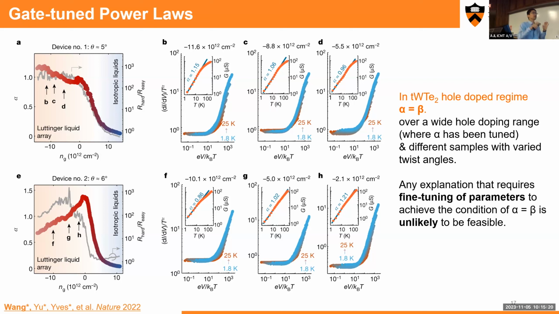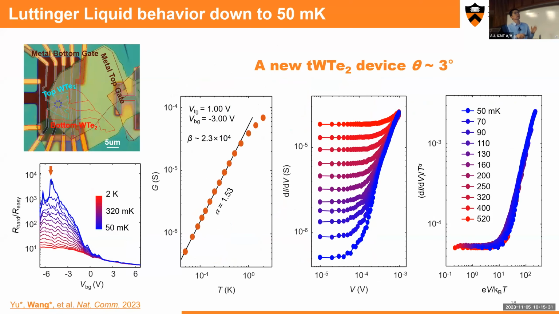But what it shows is that for 5 degrees, the power law behavior shows at a higher temperature, around 30 Kelvin, while for 3 degrees, the power law behavior starts at around 500 millikelvin. So it's around two orders lower. There should be a phase diagram if you plot along the twist angle as well as the temperature, but we need to work more, fabricate more devices, and then conclude. Yeah, thank you.